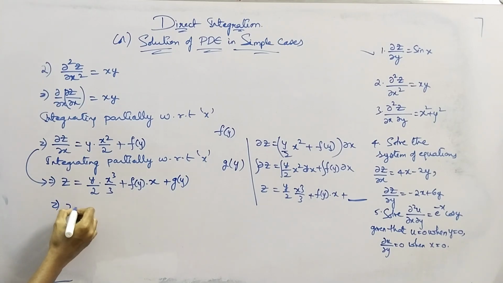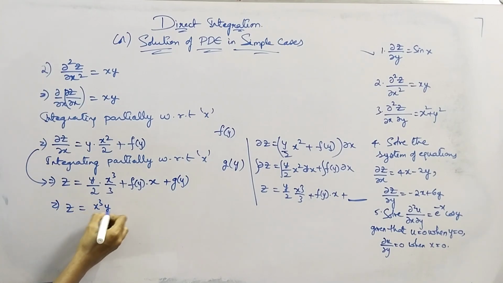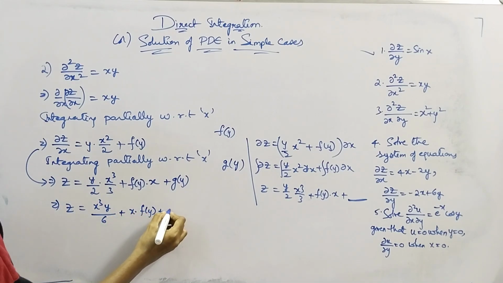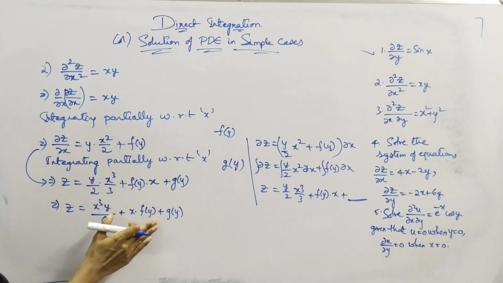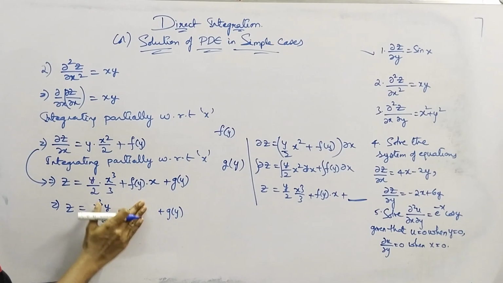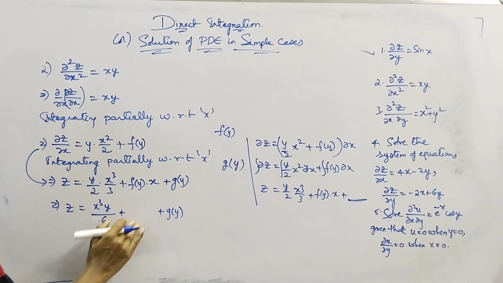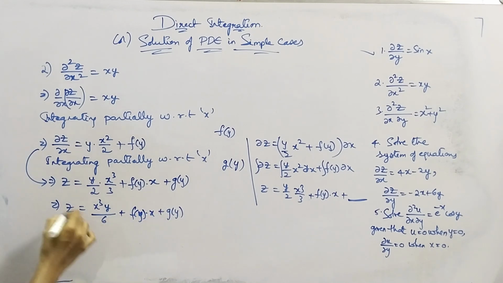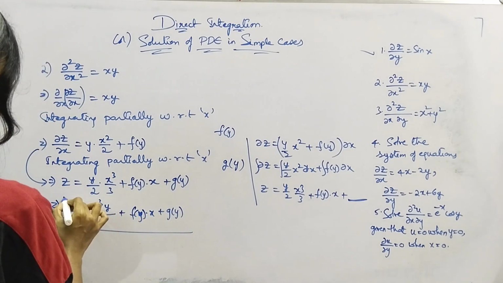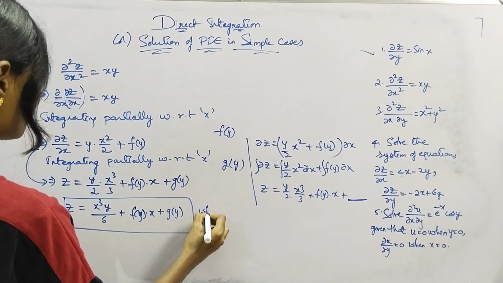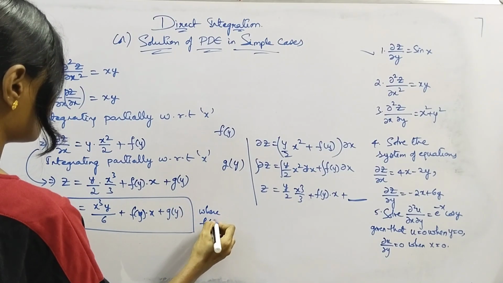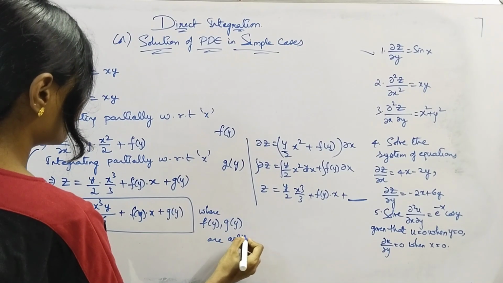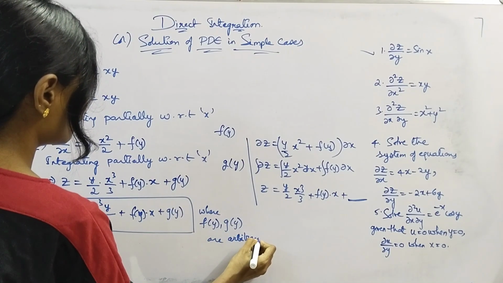So you get z equal to x cube y by 2 3 is 6 plus x into f of y plus g of y, or you can just write it as f of y into x, nothing is wrong in it. You can write it as it is, f of y into x, where this is a solution to a problem where f of y and g of y are